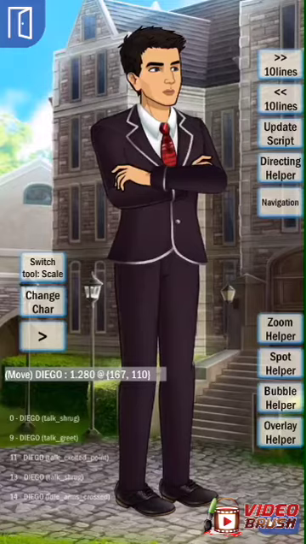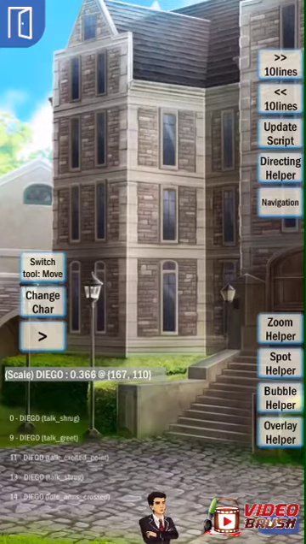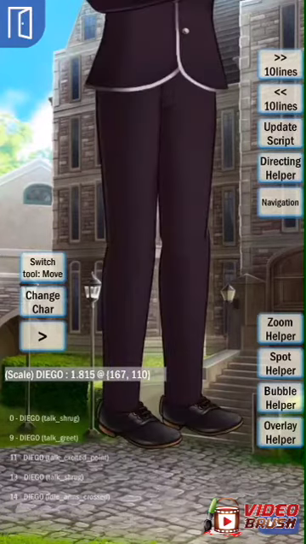Now we'll switch to scale. So that's the button, first button there. It says switch tool scale, so that means that's currently not on scale. You have to switch to it. So now we're on scale. By swiping up or down on the screen, we can change the size of our characters. It's not quite precise,